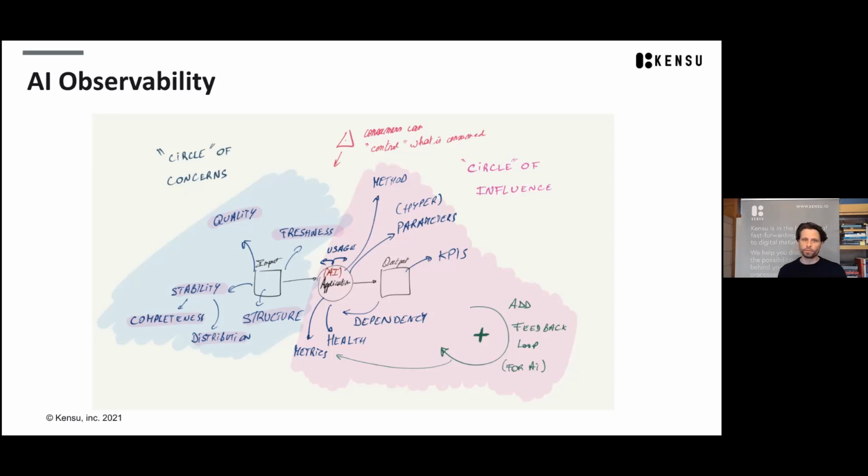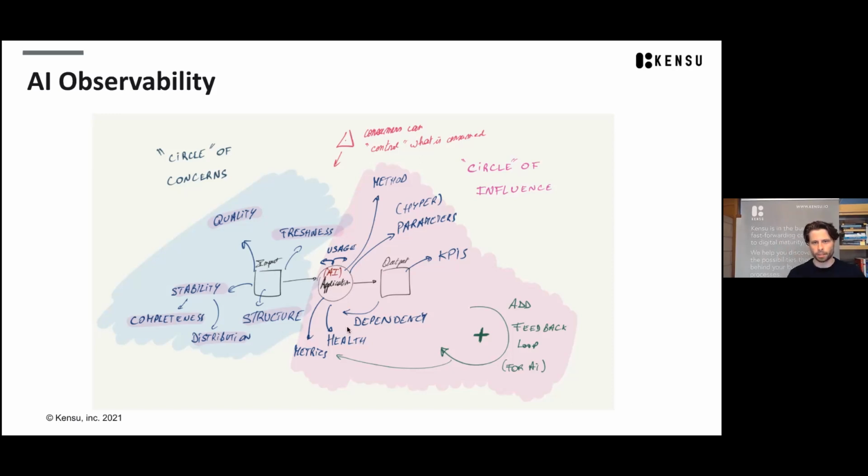So the thing that you can do, though, in this circle of concerns, is to have a look at it, because you're using the input data, you can produce your view of the freshness, your view of the structure, your view of the distribution and stuff like that from your own perspective. It's pretty much like when you're cooking pasta, you would qualify the quality of the water before you cook the pasta. It's identical, right? And actually, you control the quality of the water because in the last couple of months you had dark water every 2 days. So because it had happened, now you start looking at the quality of the water.